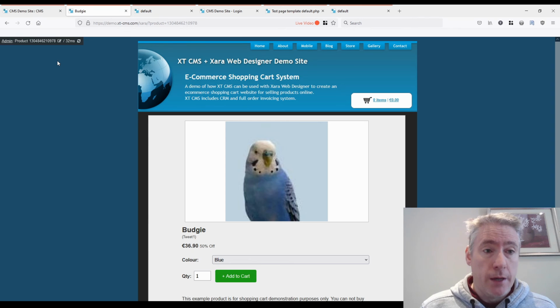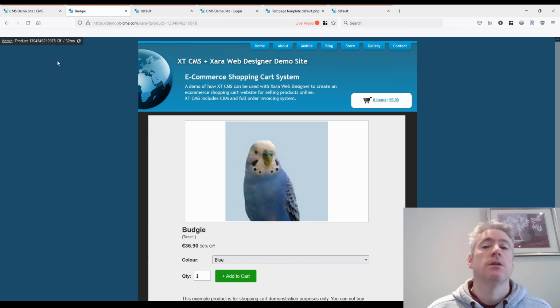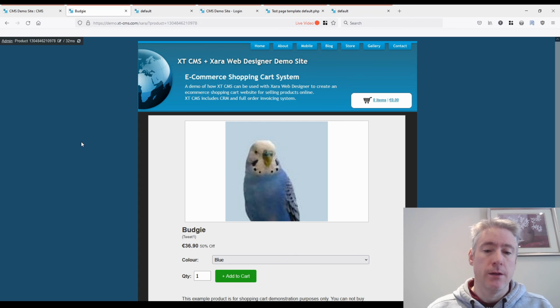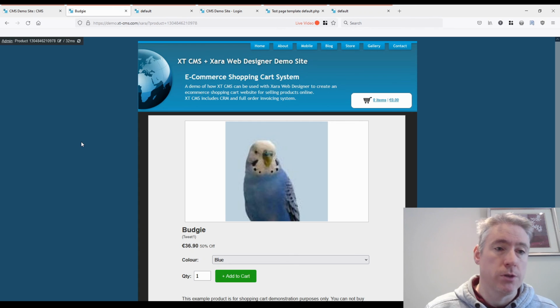Now, if you have permissions to update the themes and the templates, as in this case I do because I'm logged in as the main admin user, it will also show you some data here, which is the response time of the page on the server side. So how long the script took to actually grab the data and output it to the client or the browser.